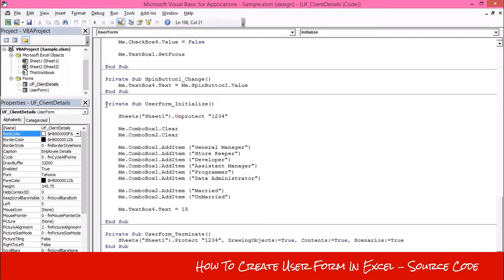Actually I have written my code because I want to save some time. If I write while I explain, then it will take more time. So I have written the code, but I will explain it one by one.